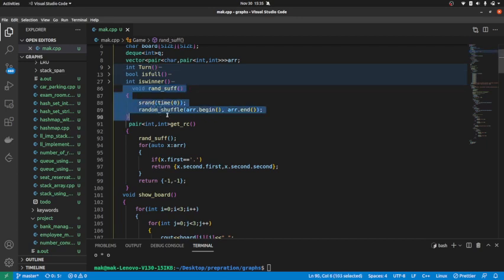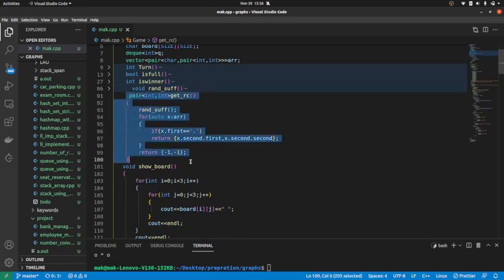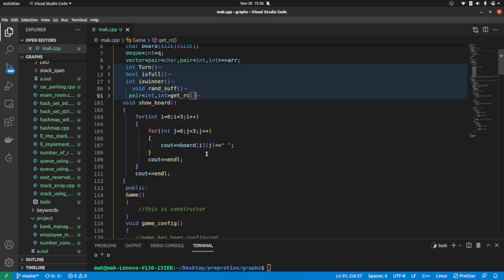This is the random shuffle, because when I have configured my game, there are a maximum of 9 moves. So every time a player's turn comes, I will shuffle that array randomly, so that every row and column can shuffle, because I am randomly selecting row and column. Okay, so now this will get a random row and column, so that I can get an empty box to put symbols for any player.